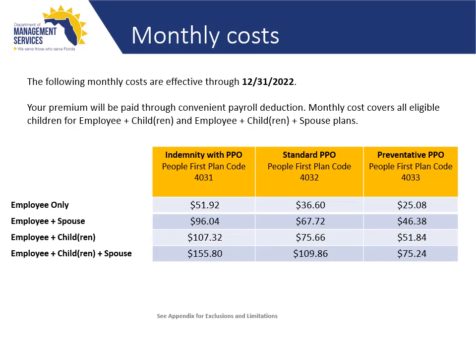For the preventive PPO, People First Plan Code 4033, employee only is $25.08. Employee plus spouse is $46.38. Employee plus child or children is $51.84. And employee plus child or children plus spouse is